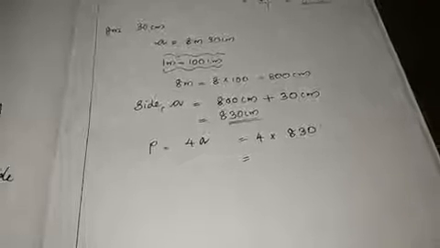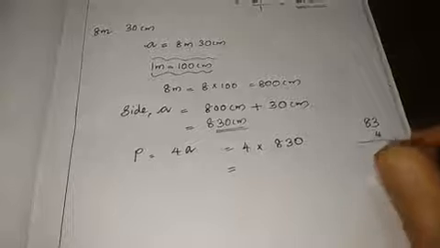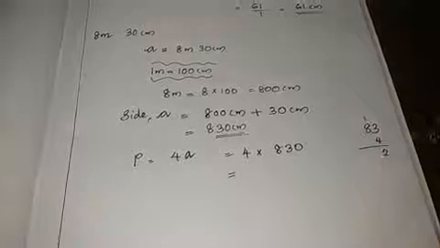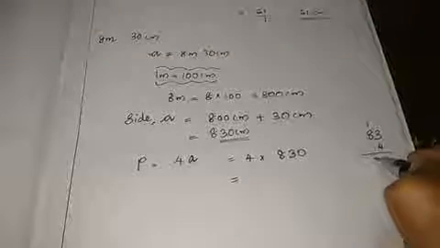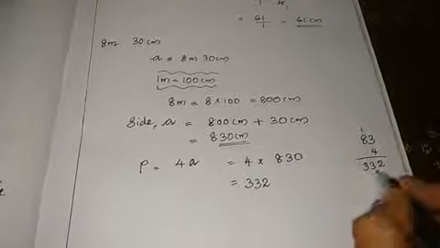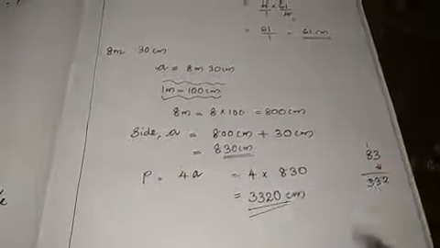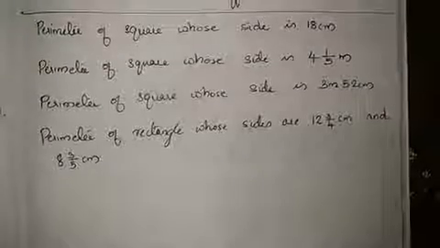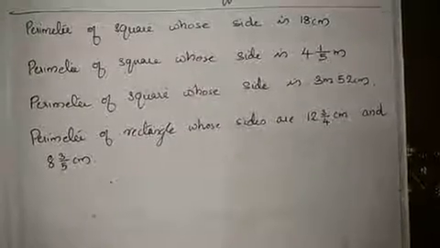Now we should multiply 4 and 830. There is a 0 in the end, so don't take 0. Multiply 83 and 4. 3 4s are 12. 1 carry over. 8 4s are 32 plus 1. So 33. So we will get the answer as 332. Then here 1 0. Put 0. Centimeter. Okay. So as a Google Classroom question, you can do these 4 questions as homework.